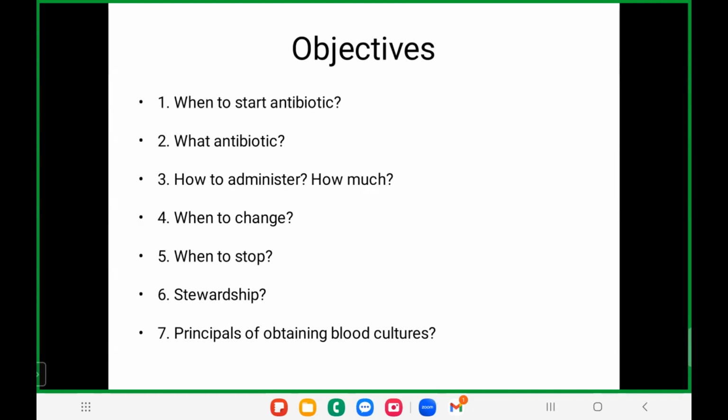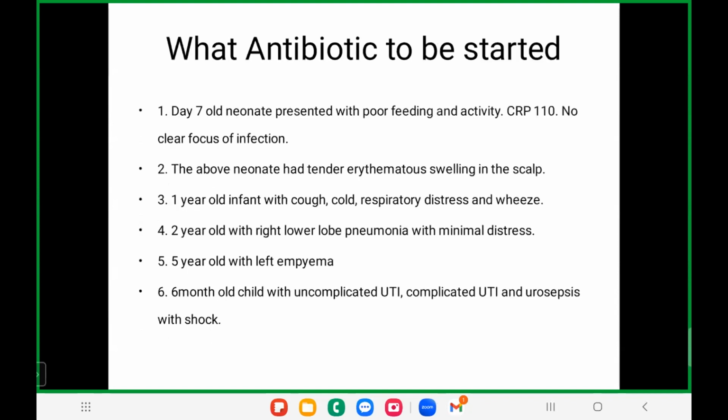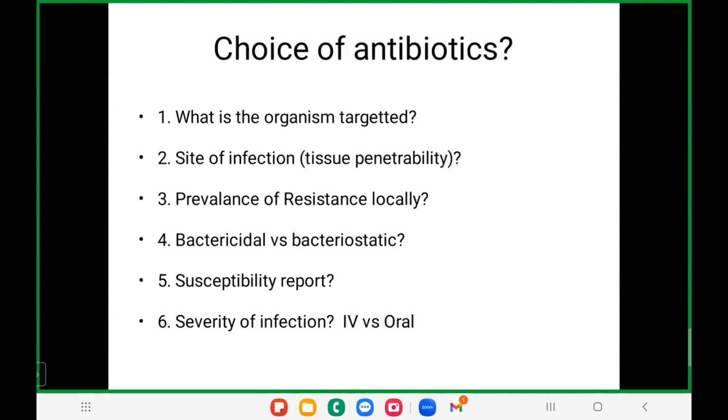With these objectives, we started the session last time, and we finished only about one third to one quarter of them. So we'll try to finish the rest this time, or we'll go slowly so that everyone can understand, and we can prolong it to one more session. We'll see how much time permits. These are the various scenarios we discussed last time, so I'm not going to go through the scenarios again.